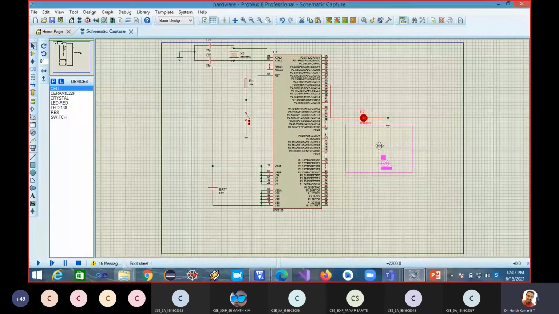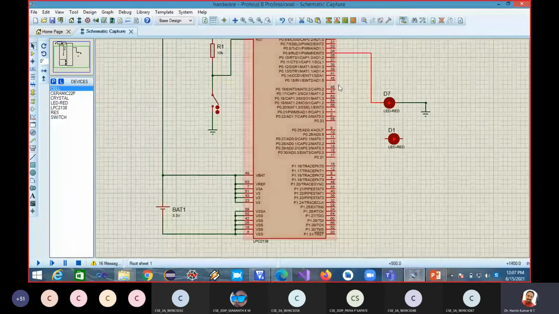So paste from clipboard. This is another diode which I've taken. So let me connect this to. Let me modify a bit. So I'm connecting this to P0.10.